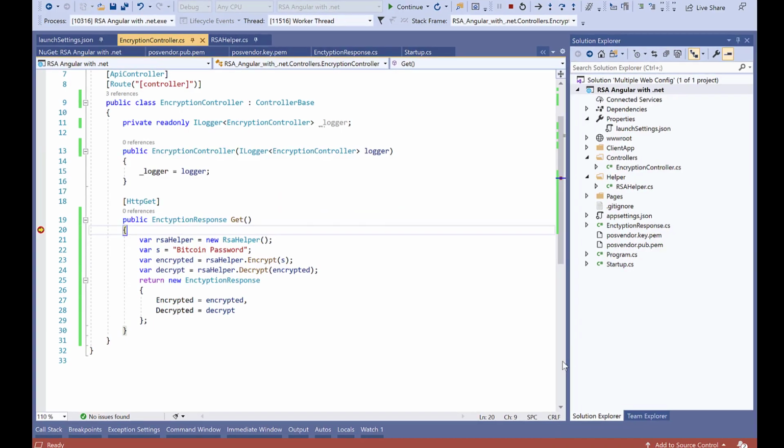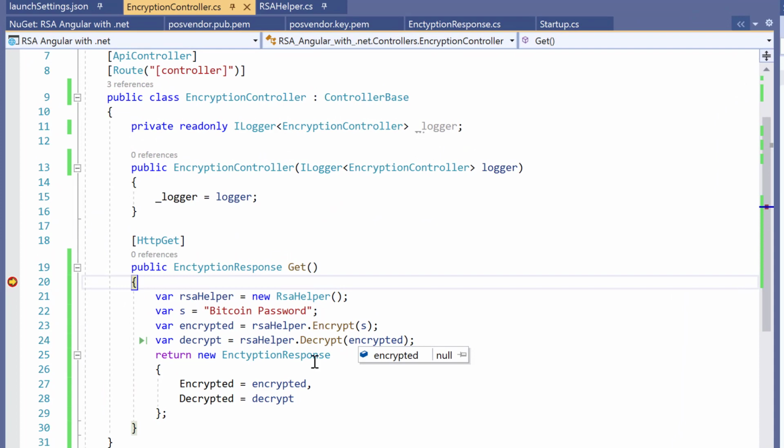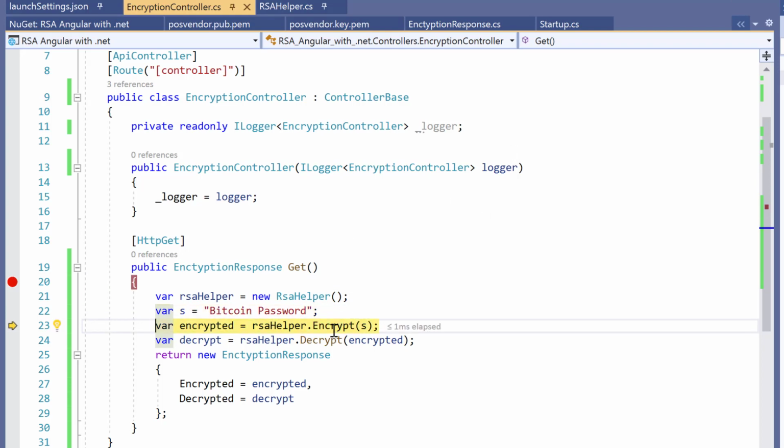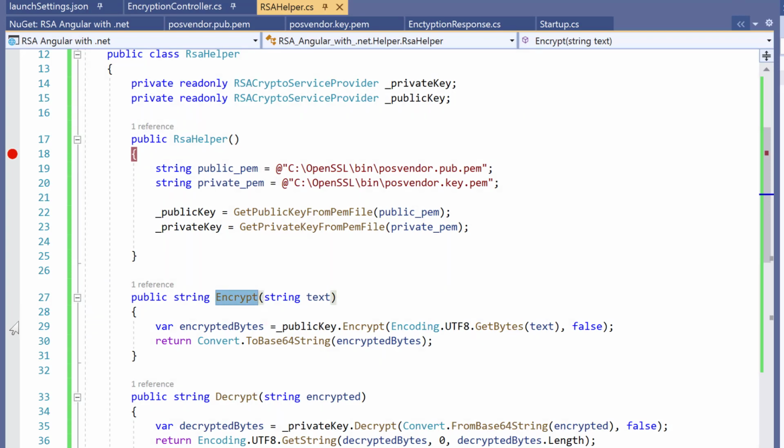So our application has started and we have hit the debug point. So we can quickly step over and see it in action. This is our plain text that contains some sensitive information. Okay, now we'll go into the encrypt. So let's put a breakpoint at both encryption and decryption logics. Let's continue. So we have received our plain text.